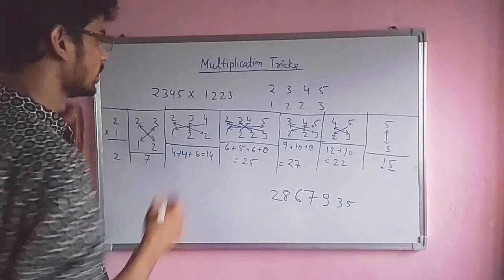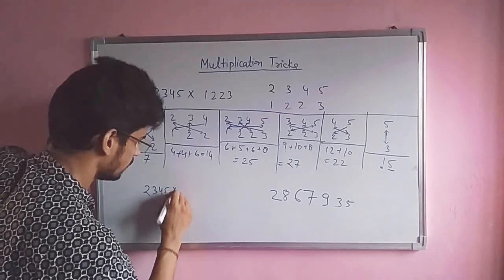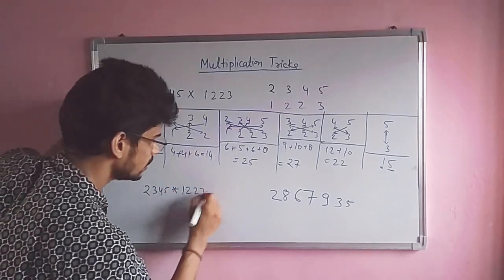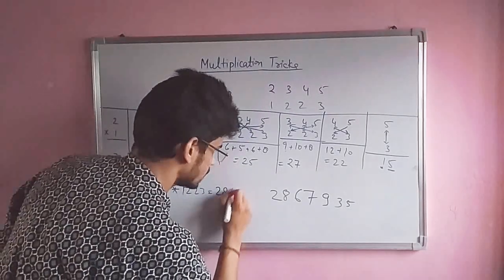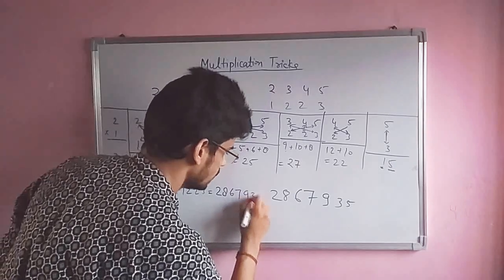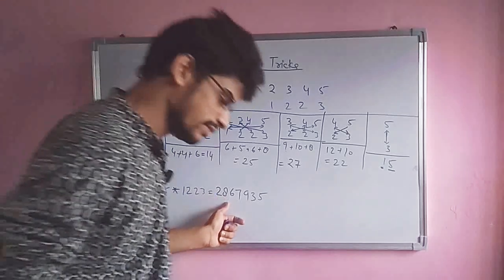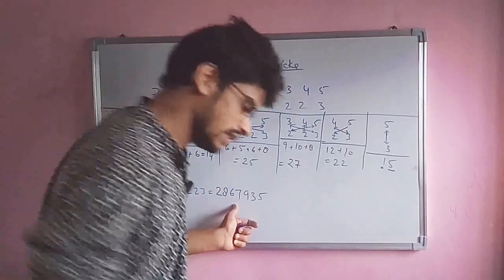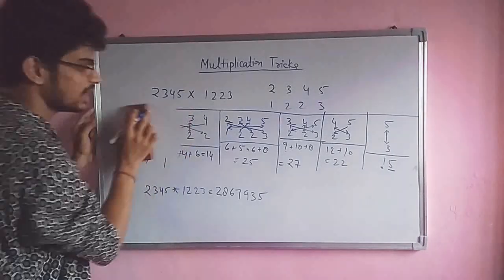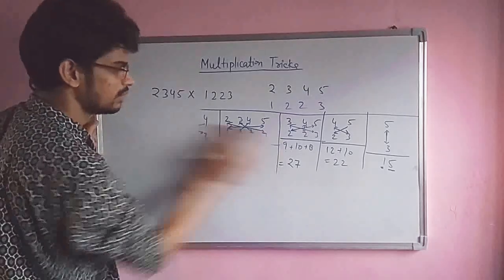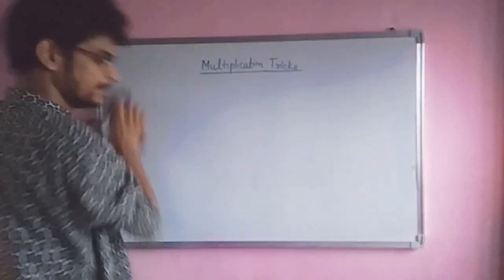So we get the calculation of 2 3 4 5 multiplied by 1 2 2 3. How much is it? 2 8 6 7 9 3 5. Next, take another example of this category. If we want to calculate larger number